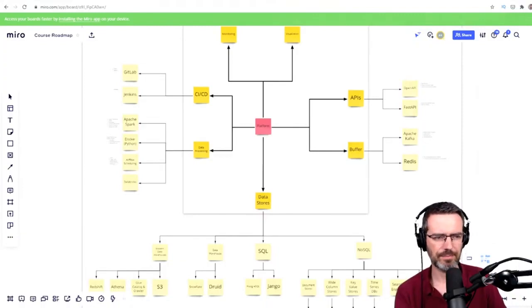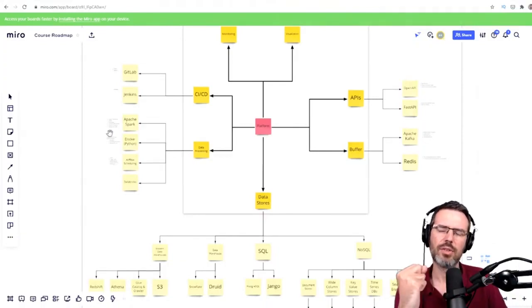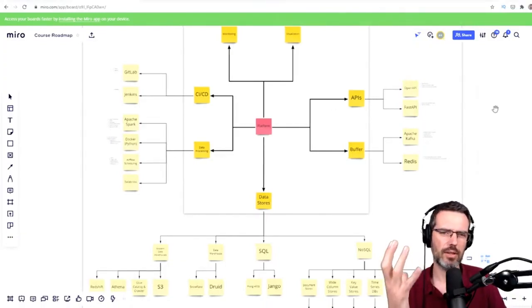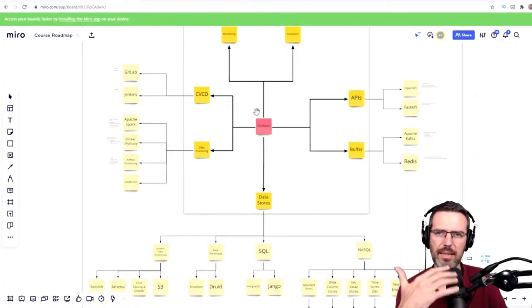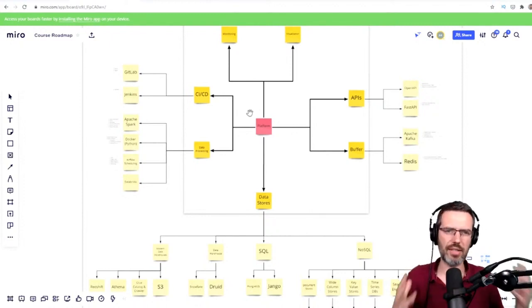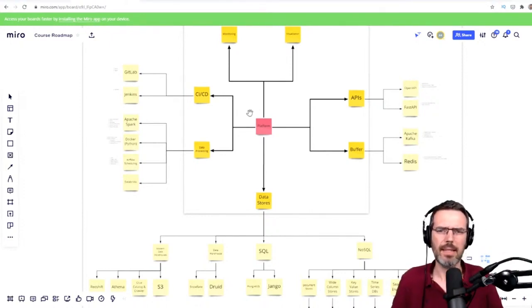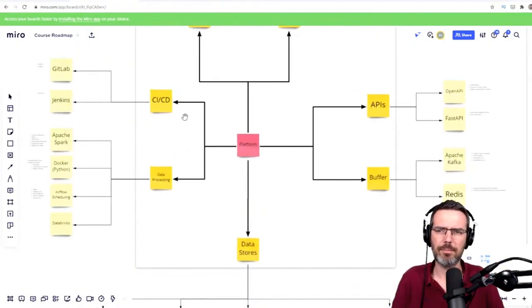How could I actually create a really, really good course outline, or a bunch of courses that make sense, and that show how to learn data engineering the right way, right? So what I was thinking about,